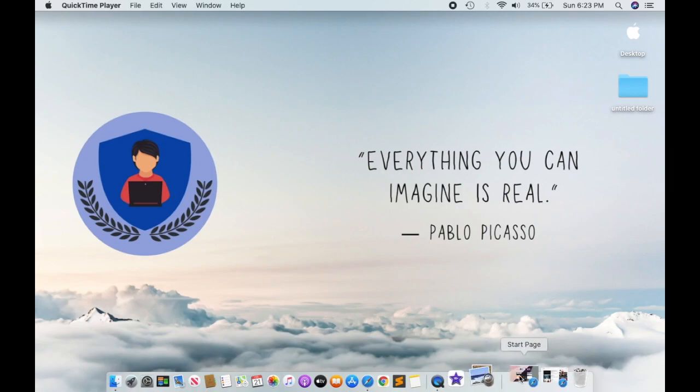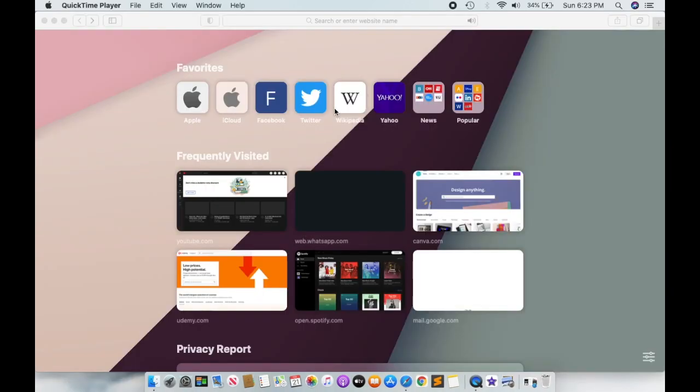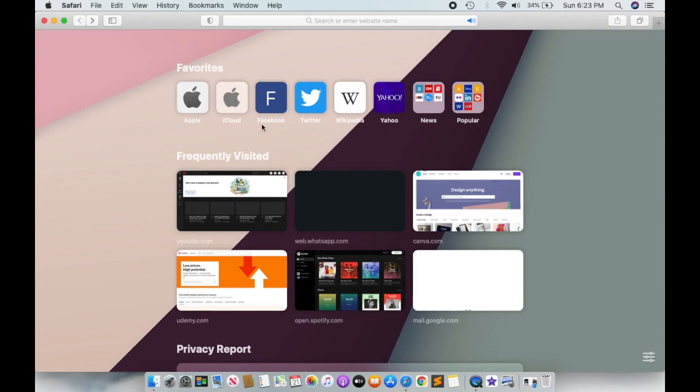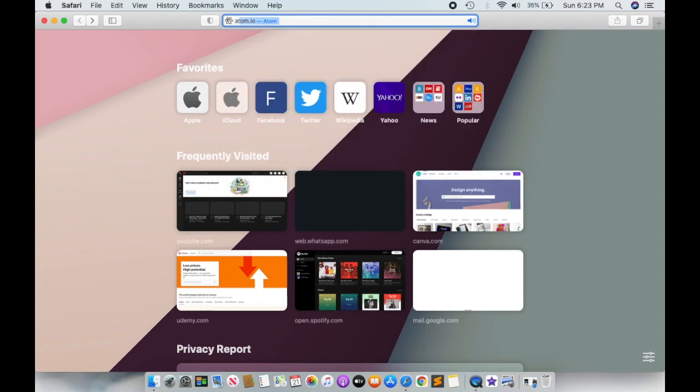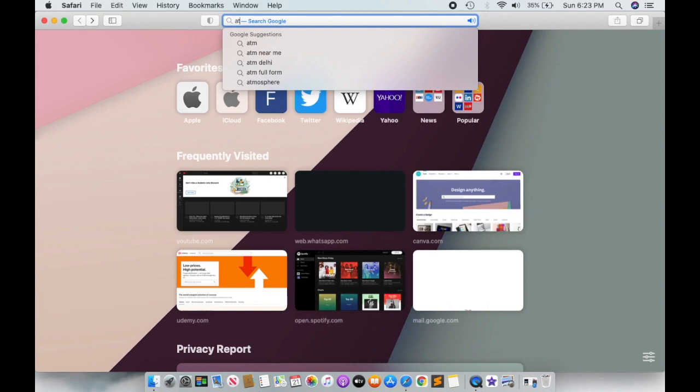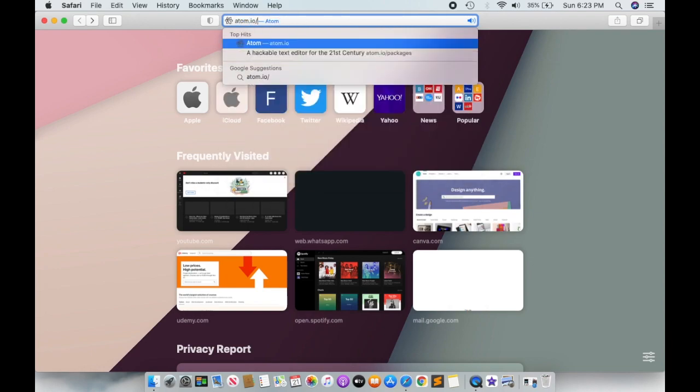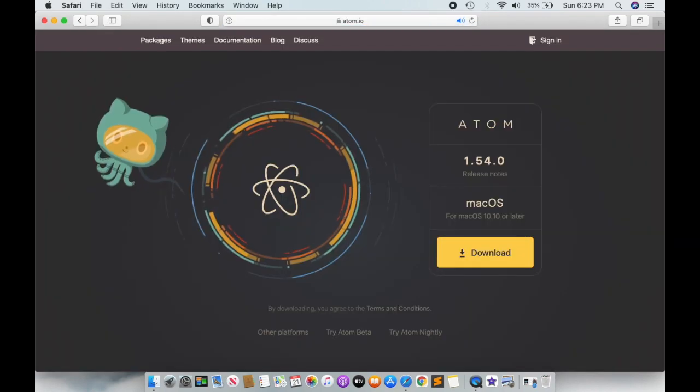Open your web browser. So I'm using Safari, and in the search bar, you have to type atom.io. I've put the link in the description box below. You can find it down there. And hit enter. So it will directly take you to the homepage of Atom Text Editor where you can download